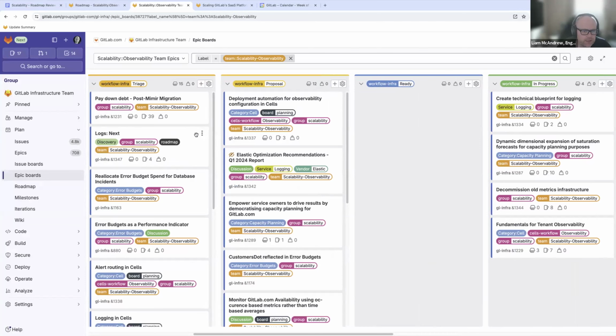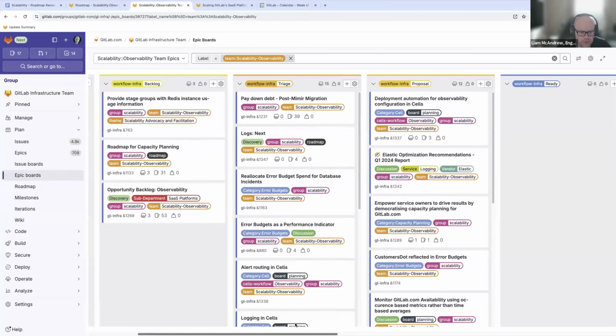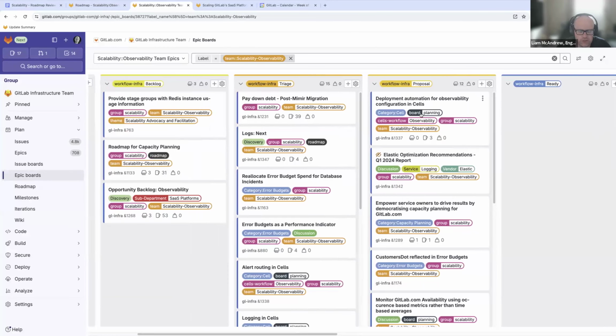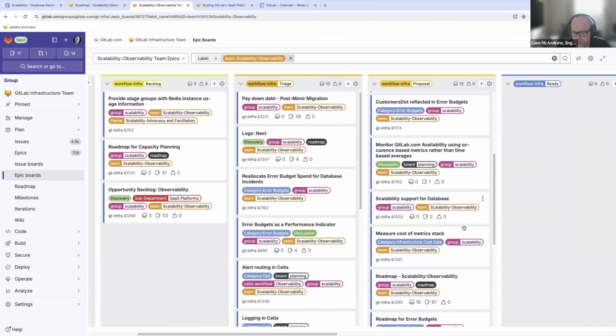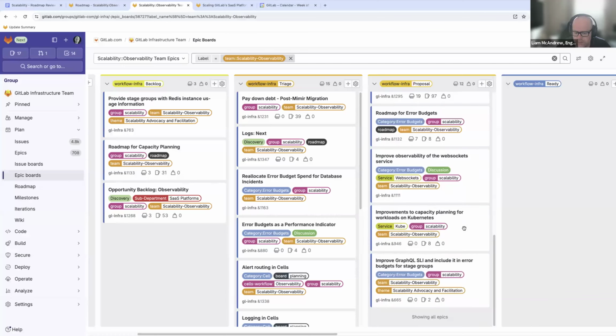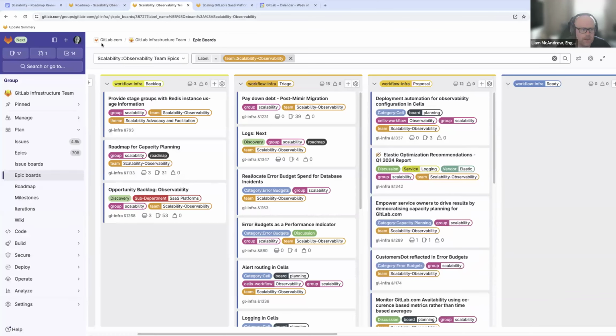One of the things I've added to the agenda to talk about is the difference between the preparation labels: backlog, triage, and proposal. There's 30 issues or epics in total here. I would bet that many of them aren't quite in the right columns. I think a lot of them probably will need further triage before moving to proposal and ready, and that's something for us to look at. Additionally, some of these might not even be a high priority for us at the moment, so I think we need to do a bit of a clean up here as well.